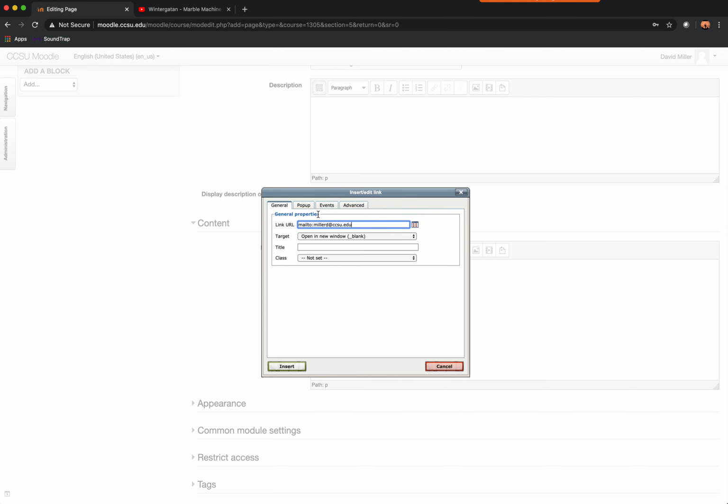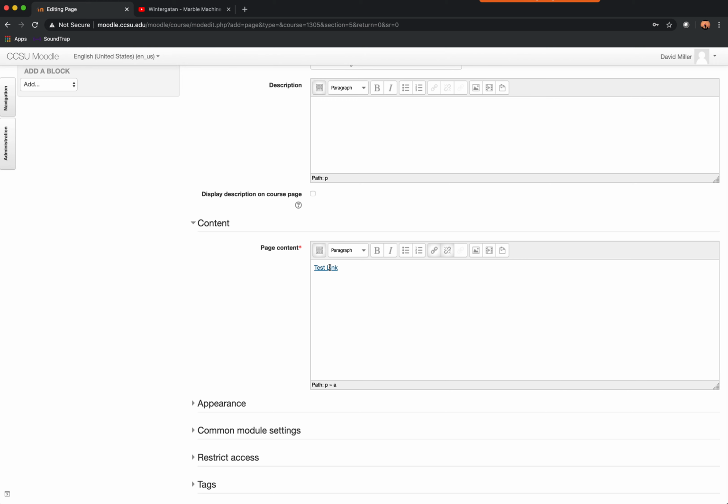So if I create this right now and hit insert, and click on this test link, you guys won't see it because it's going to take me to my mail message. But that will allow people to go directly to email.